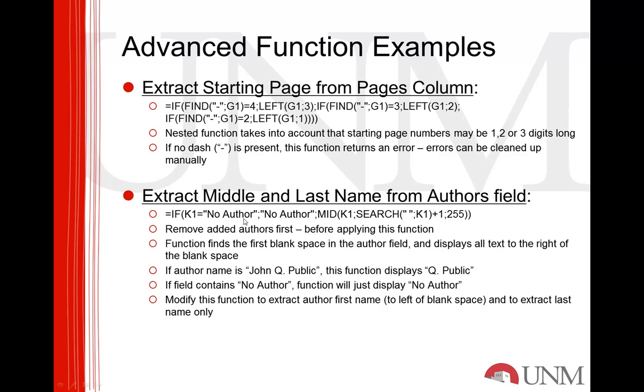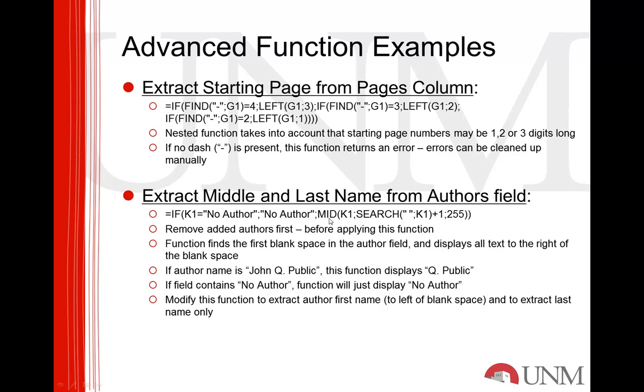But if the value in the field is not no author, then it looks in the cell for the first space it finds and gets the characters from one more than the first space it finds over to the right, up to 255 characters. And so the mid function here is going to extract either the last name or the middle initial